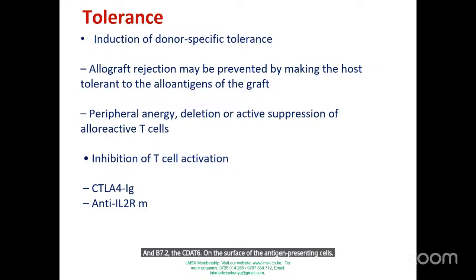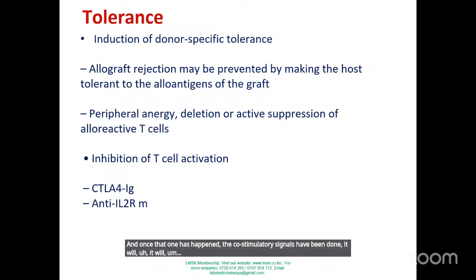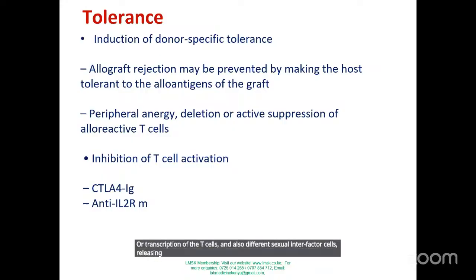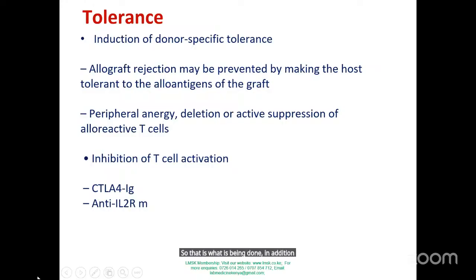Once the co-stimulatory signals have been delivered, it stimulates transcription in the T cells and differentiation into effector cells, releasing cytokines and all that. So that is what is being inhibited in T cell activation,